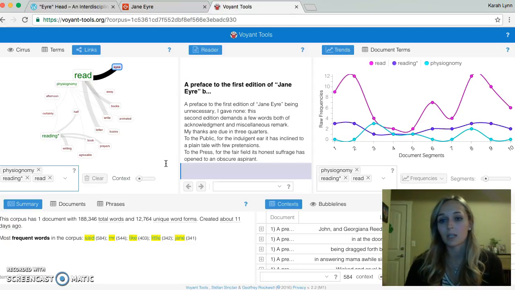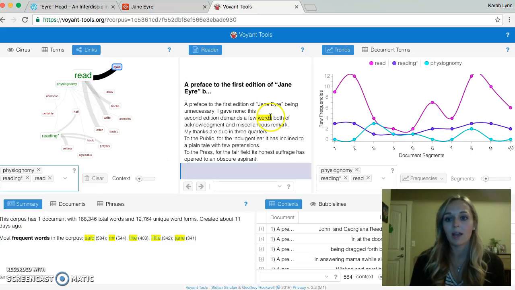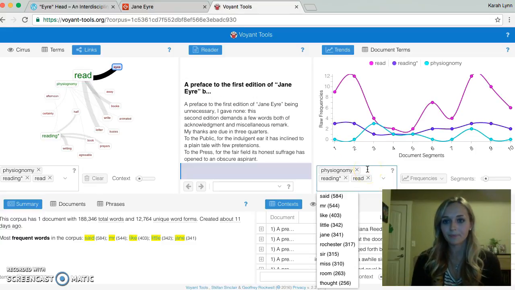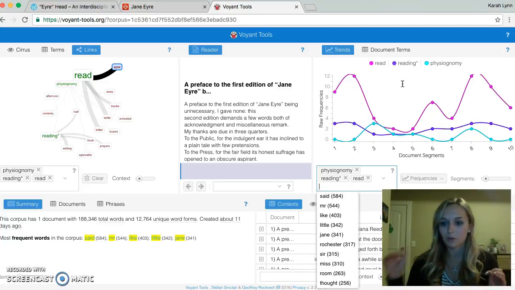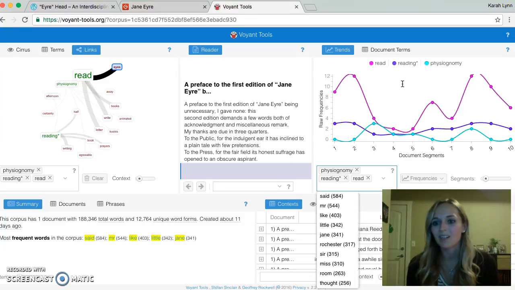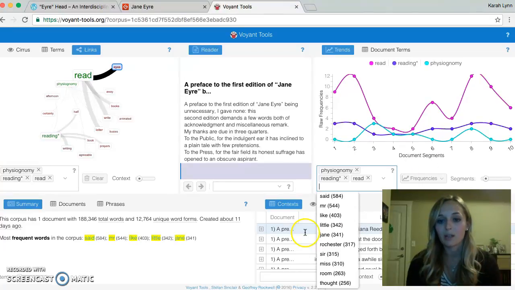I plugged in Jane Eyre, and I looked up over here in the Trends tool, read, reading, and physiognomy, to see how their frequencies vary over the course of the book. And what can that information tell me? Because at first when I looked at it, I had no idea what it was really showing me or what it was telling me. But once I sat down and really started analyzing and thinking contextually about the book,